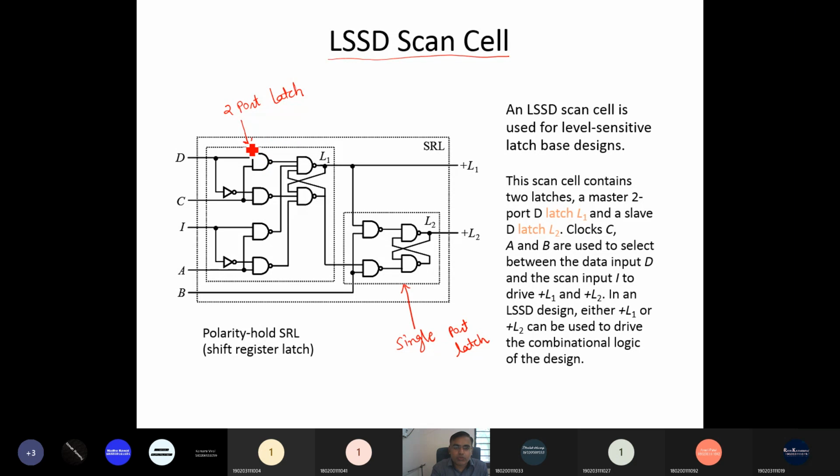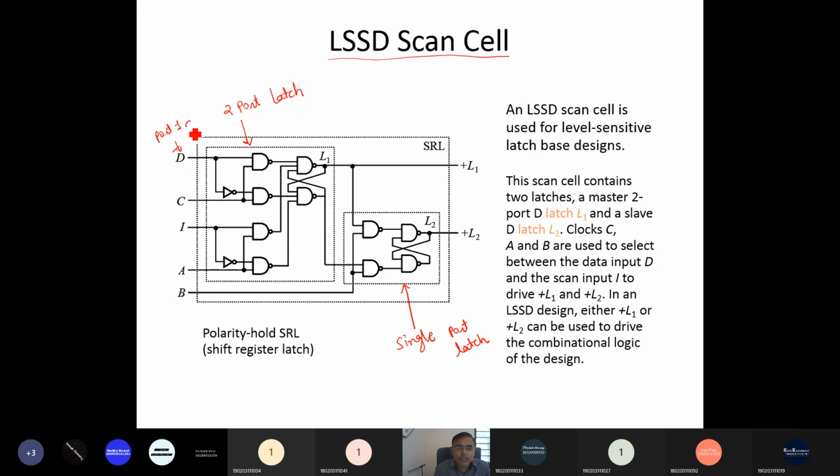So this is a two port latch. In a two port latch, we have a separate clock for both the ports and a separate data input for both the ports. So this is port 1. This is data for port 1,